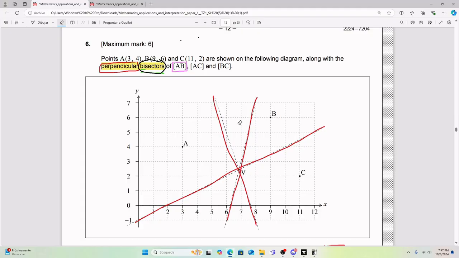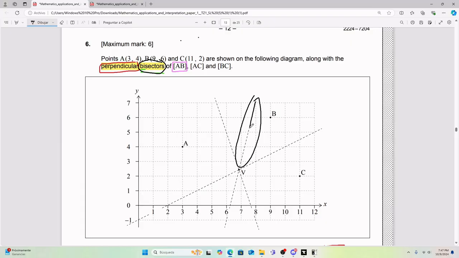What would make sense, ¿cierto? Or actually, I think it's better to understand what doesn't make sense, ¿cierto? If I include this line here, if I were to include this line as an edge, you have to ask yourself immediately, okay, this is pretty much a line that is going to be an edge between A and B, ¿cierto? And so if this is the edge between A and B, is the distance from here